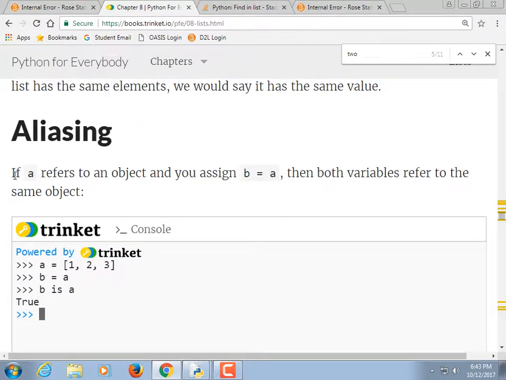So that's called aliasing. When you say B is equal to A and one is a list, you get an alias to the other list. Other textbooks would call it a reference. I don't mind calling it